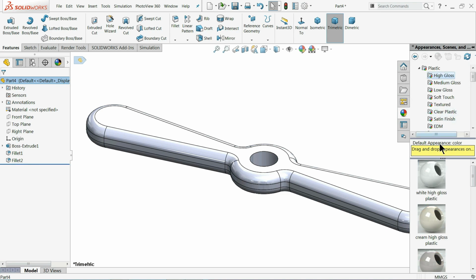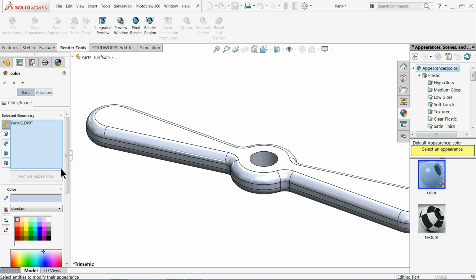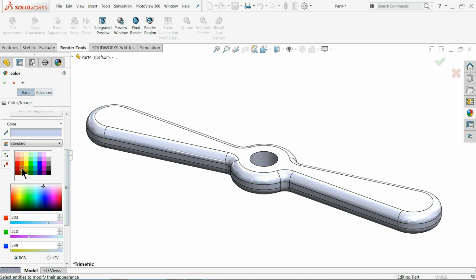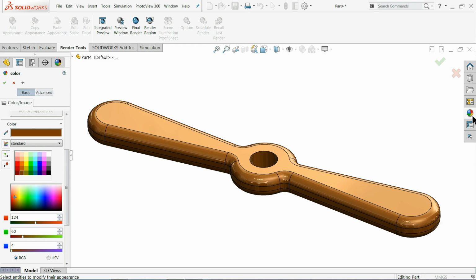Now here we will define some plastic. Even though no need to define plastic, but let's define the high gloss plastic, or it's too dark.